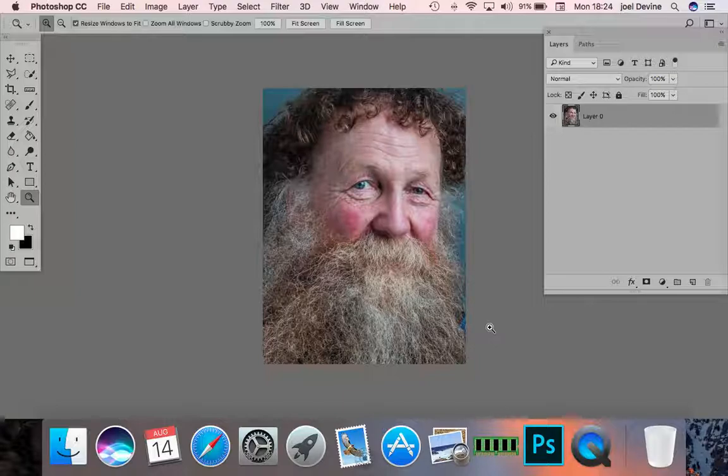First, we're going to start with a color image, and what I'm going to do is carry out a procedure that will brighten the eyes prior to the conversion to black and white. So I'm going to create a new layer. So it's Command J, and I'm going to rename it